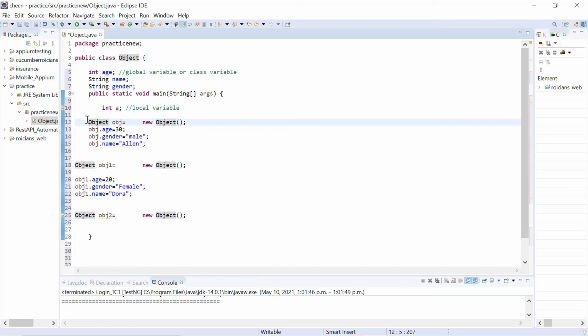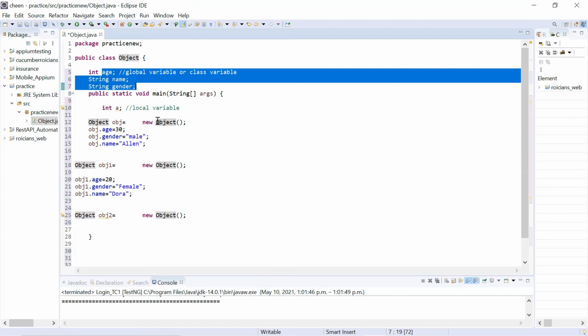Syntax of creating a reference: you will write the name of the class, reference name, assign, and then the object here. Now with the help of this obj, you can access these three variables in this memory area. So internally, Java will make a different memory area with these three variables where you can give different values to these variables.